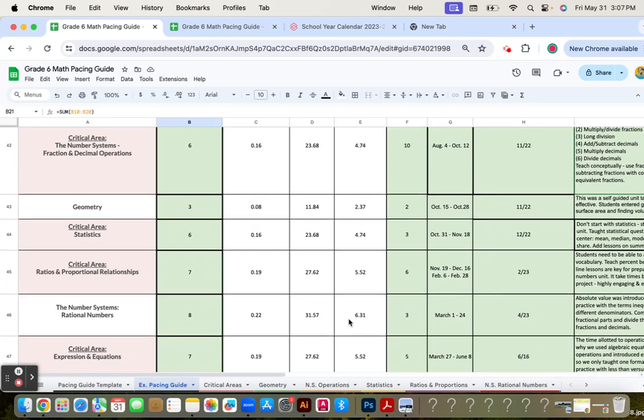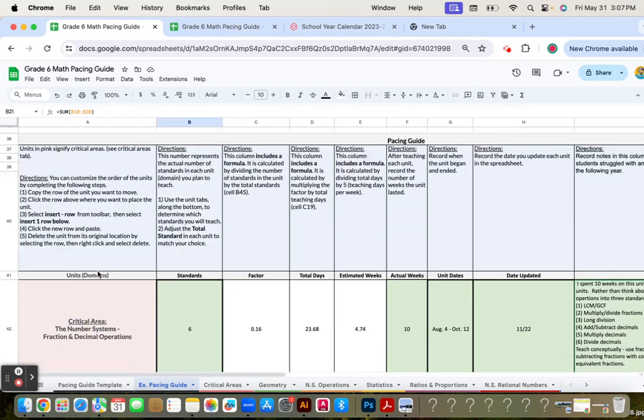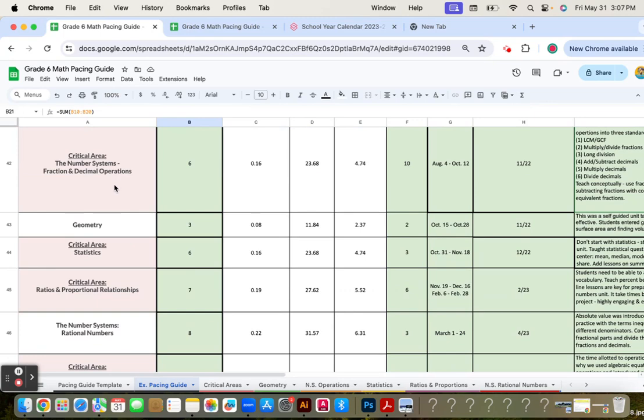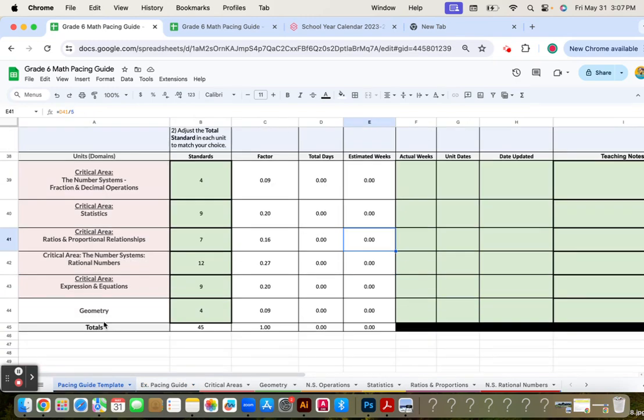So let's start on the left side of this table here. Just to let you know, there are written directions across the top if you prefer that method of learning. So first thing, I have these in the order that I taught them. Yours is in a little bit different order, but I want you to know how to change those should you